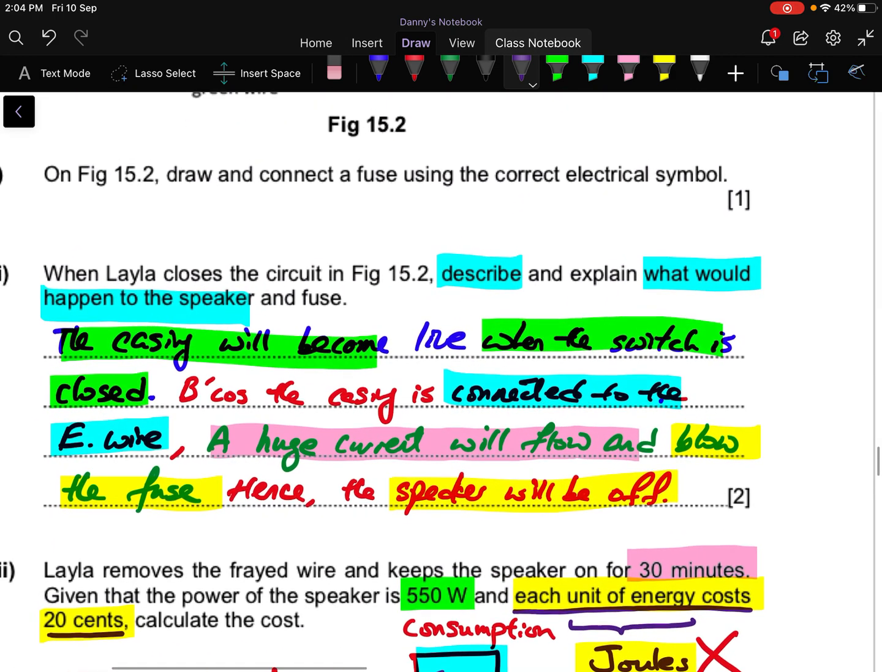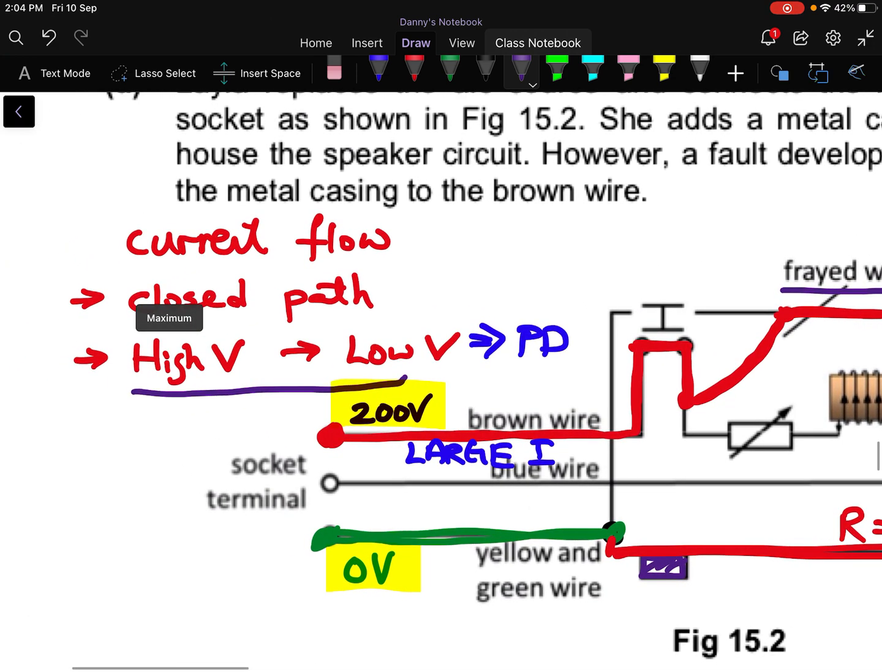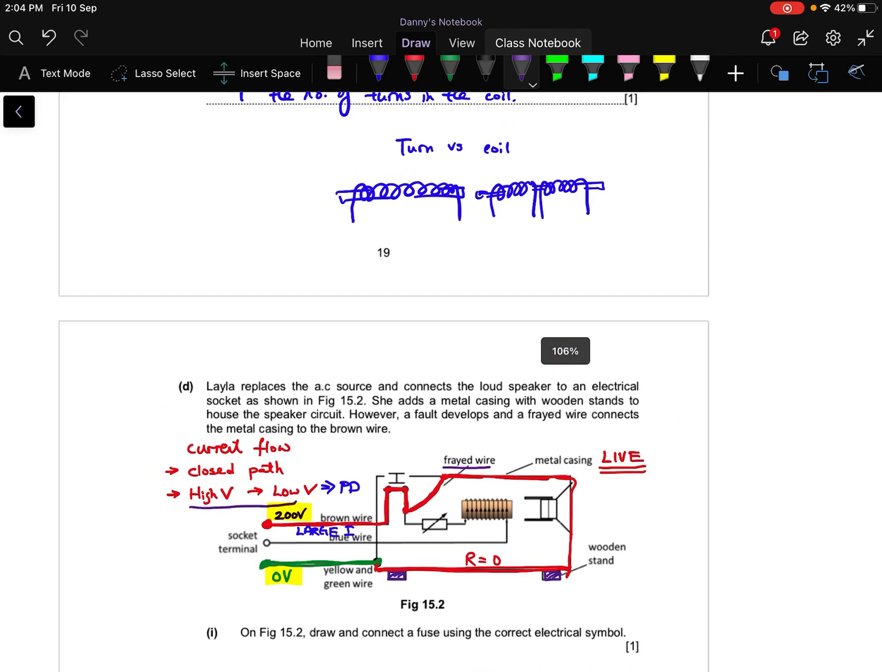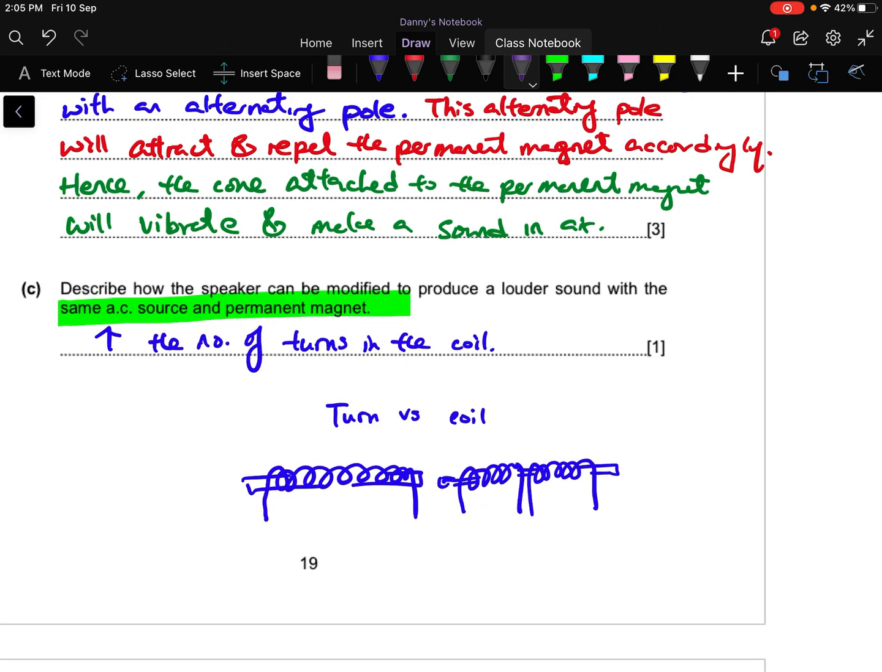Current flow has two criteria. There must be a closed path, and high V to low V, meaning there must be a potential difference. So whenever you want to explain why there is a huge current flow, you need to identify these two points and how these two points come about. And of course, the key difference between turn and coil